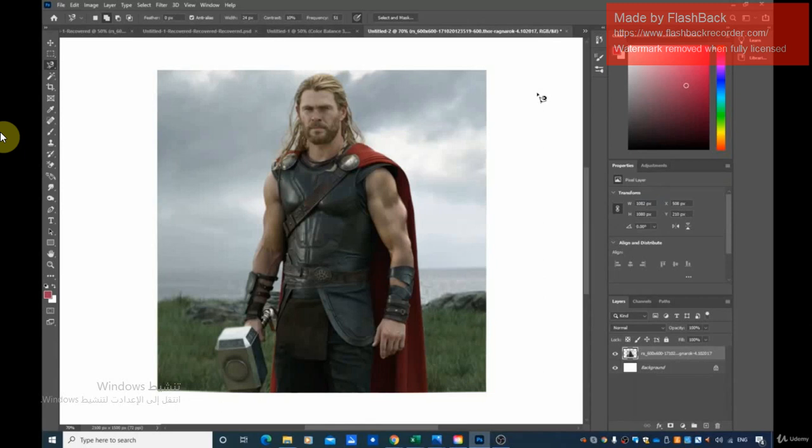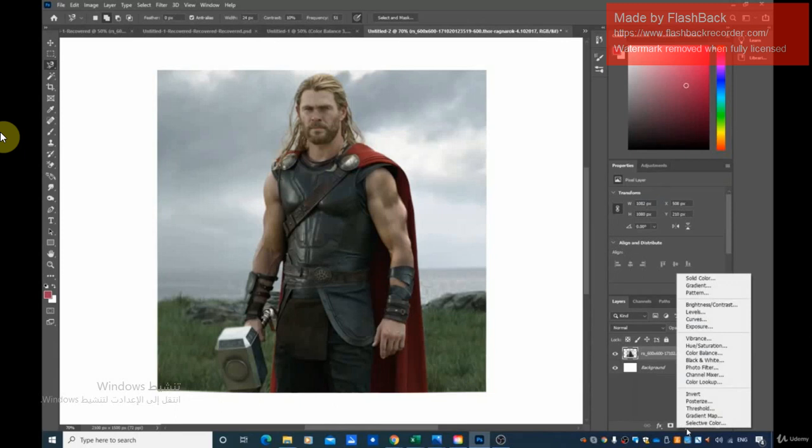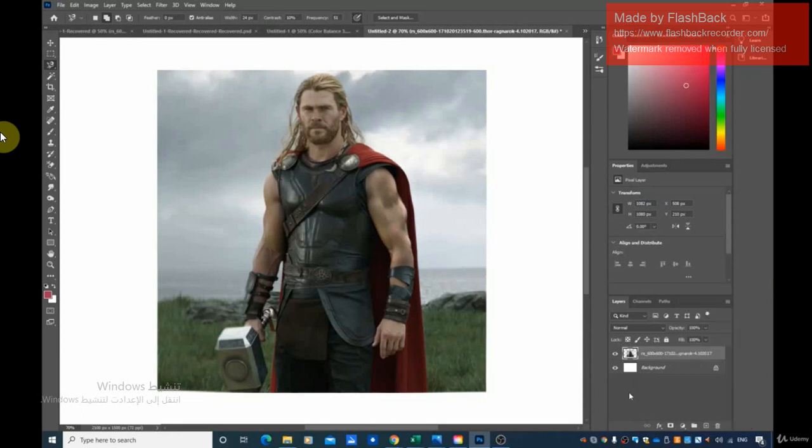So in the past few classes we talked pretty much about modifying the picture in itself, so basically the whole picture, and we talked about a few tools such as, for example, the curves and the color balance. And I told you that this is one of the most important parts in, well, colors modification. So yes, you have the brightness and the contrast, you have some other things, but basically those are the most important. What we are going to talk about now will be if you guys want to modify a certain part